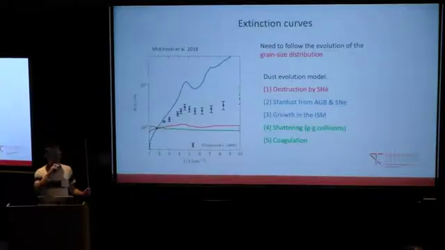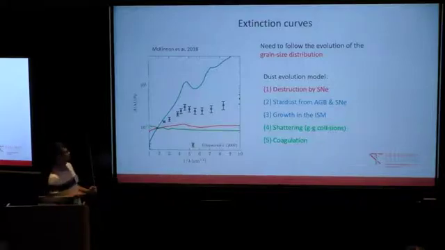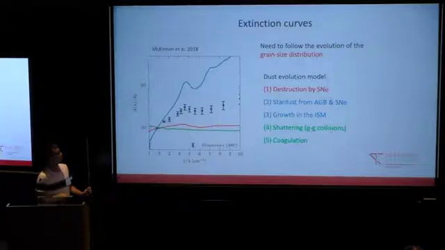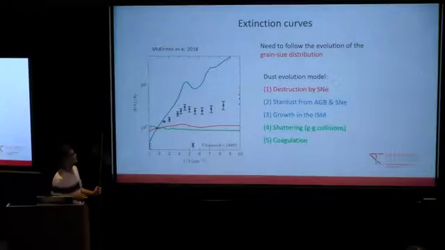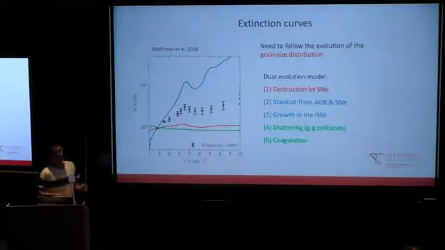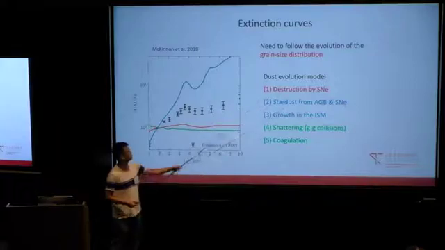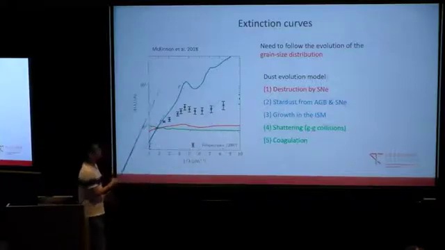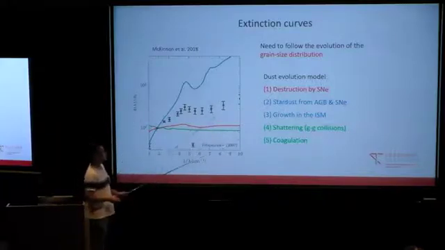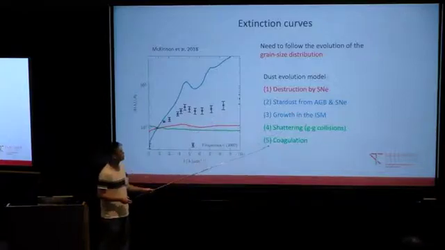You can also predict the extinction curve for dust evolution models. But for this kind of prediction, you have to assume a certain dust grain size distribution. So in this particular case, they track the evolution, not just the creation and destruction of the dust, the three processes in the previous model, but they also try to follow the processes that can shuffle